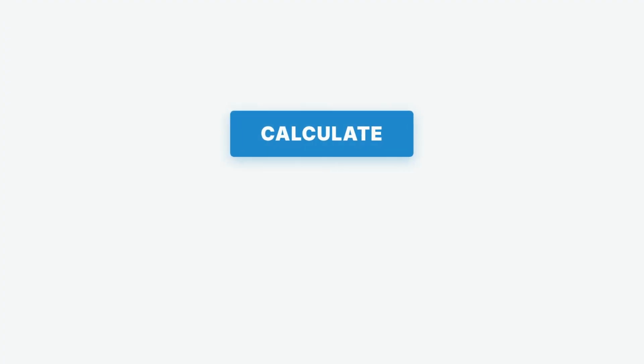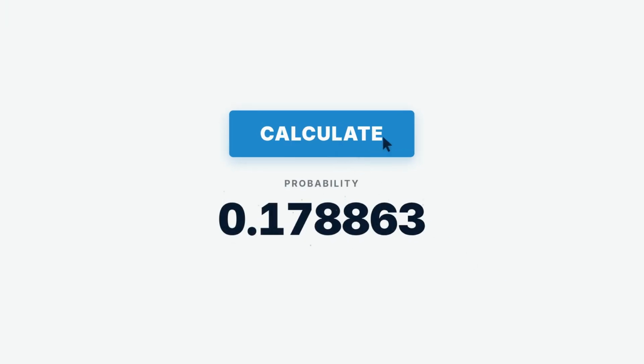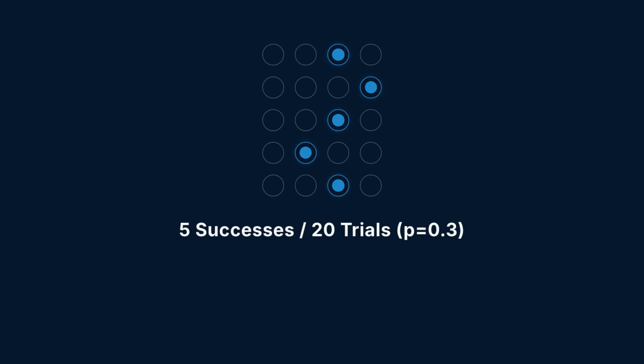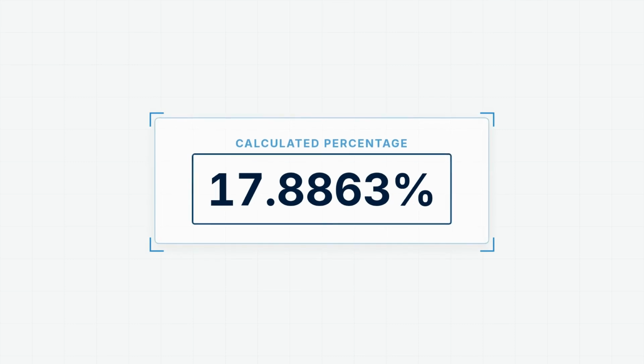After clicking Calculate, here's what we get. The probability equals 0.178863, which means there's about a 17.89% chance of getting exactly 5 successes in 20 trials when each trial has a 0.3 probability of success. The calculator also shows this as a percentage,